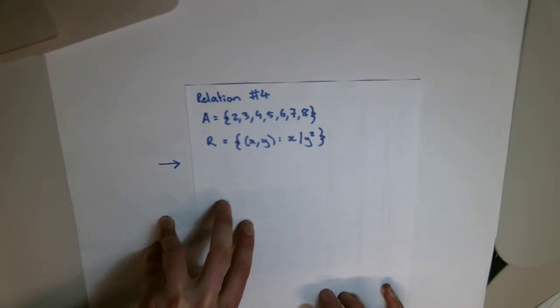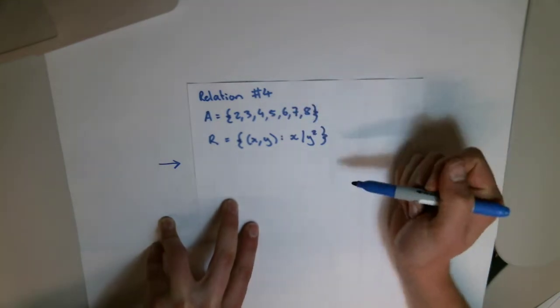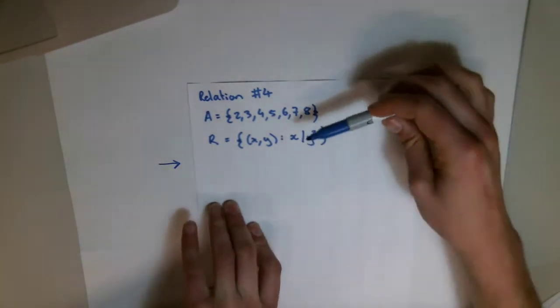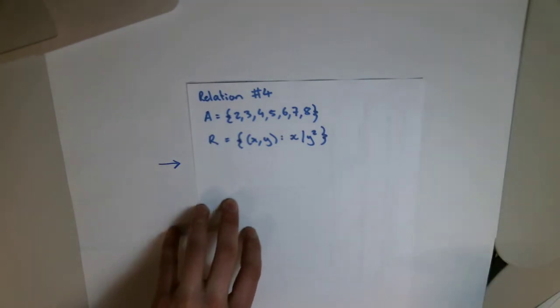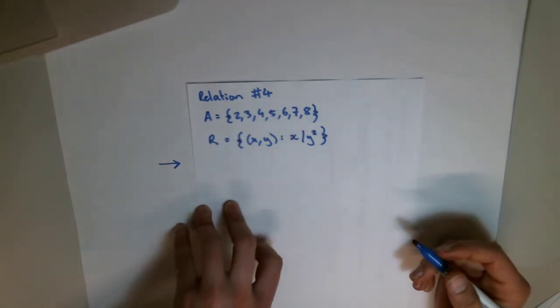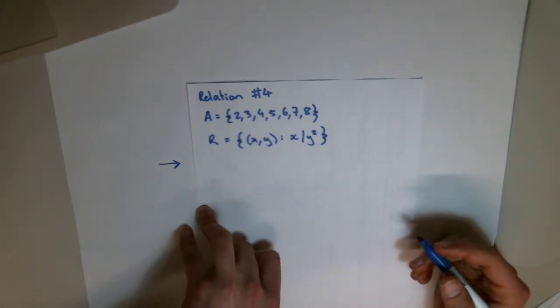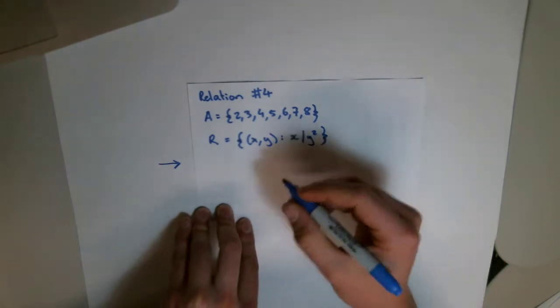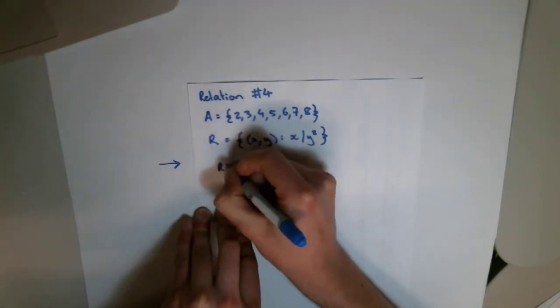Right, for our fourth example, we've got another set, same as the previous two, but we've got a new relation. And this time our relation is that x is a factor of y squared. So if we go through and populate this relation, it's quite large, so it'll take me a while to write down all of the examples, but I'll skip through this bit as quick as I can. So our relation is then